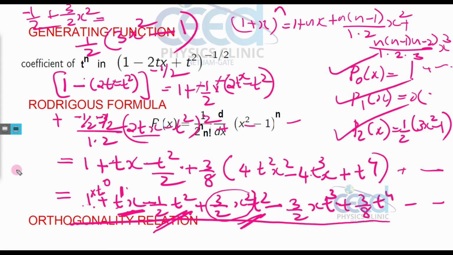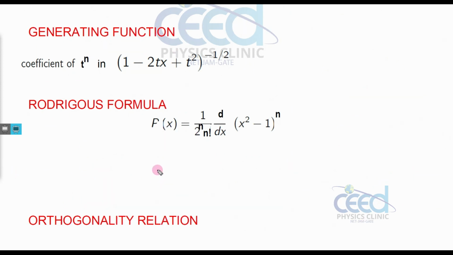Now let us go to the main board, right? So this way we can find the different Legendre polynomials by equating the coefficients. Okay, so that is a very important thing, the generating function. Once you know this generating function, you are able to find any Legendre polynomial by the method of equating. So to find p5 of x, what you have to do is, in the series expansion, find the coefficient of t raised to 5, and that will be equal to p5 of x.